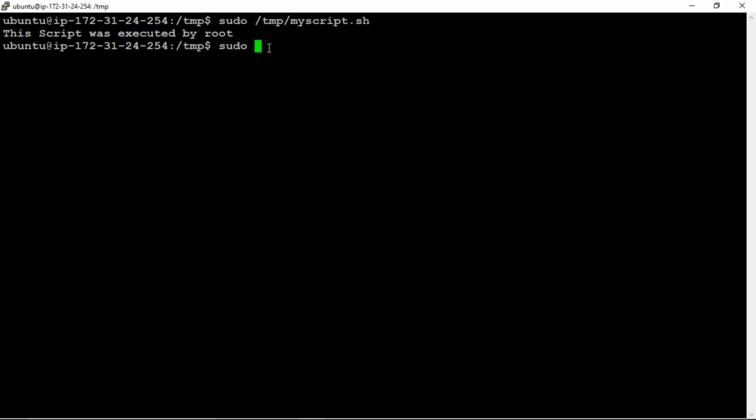So now I'm changing to root user: sudo space su space hyphen. Now I want to create a user there. In root mode, I want to create a user. So how to create a user?